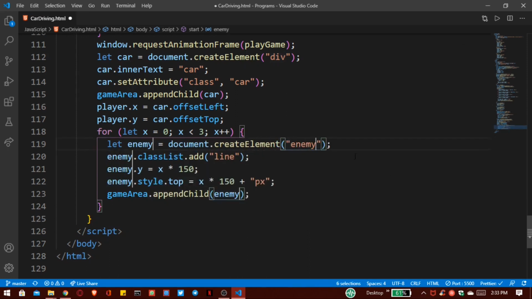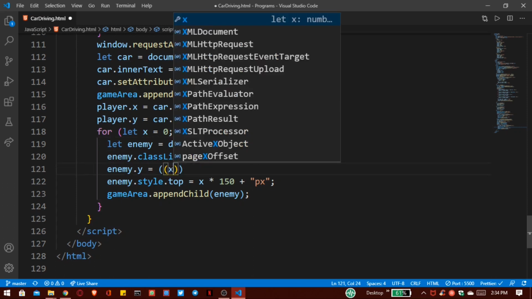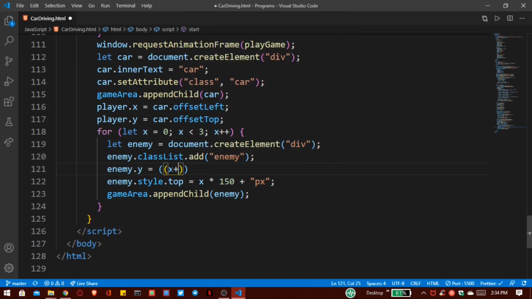But here we have to generate our class that is div, and we have to assign that style for our enemy, and we have to space out all of these cars inside our road. So for that I use x plus 1. Then we have to multiply with 600 because our road size is now 200 px.